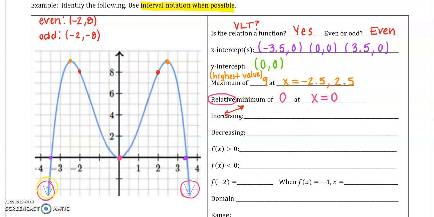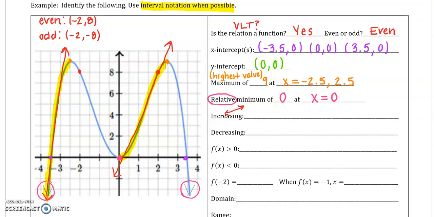So if I draw lines along my graph, my line is going uphill over here and over here. Okay, so I'm going to highlight these sections as increasing, because that's where we have those lines that are going uphill. Okay, so now looking at those portions that I highlighted, that's where we want to write those sections in interval